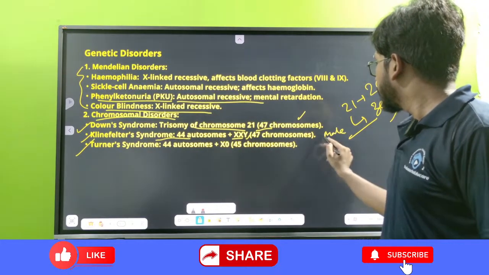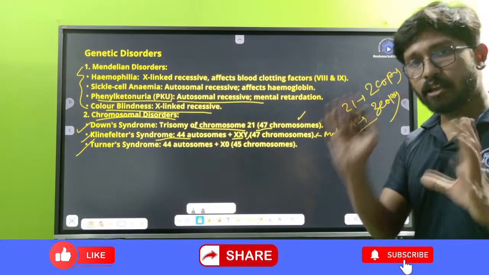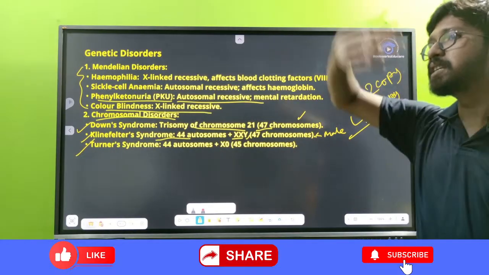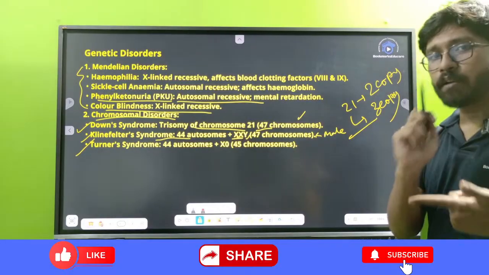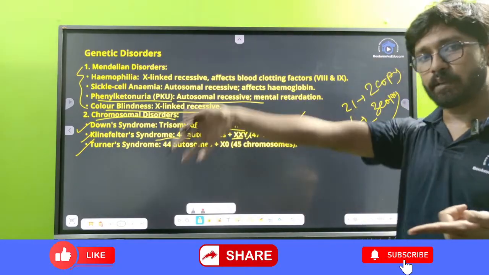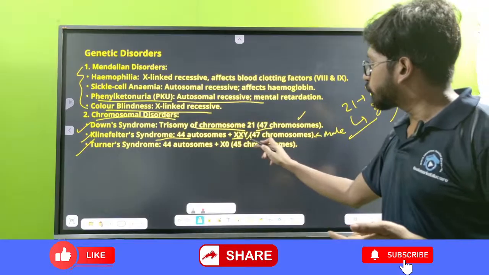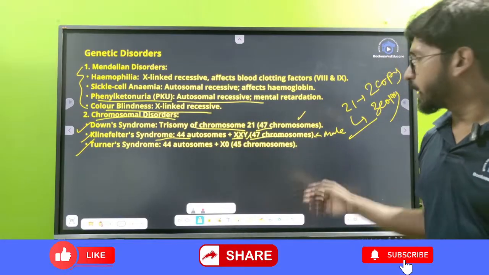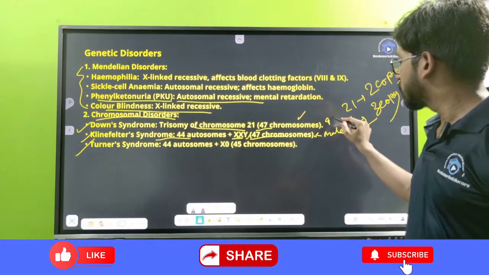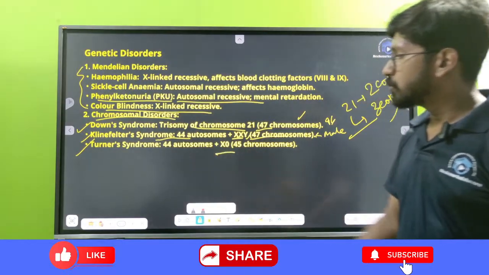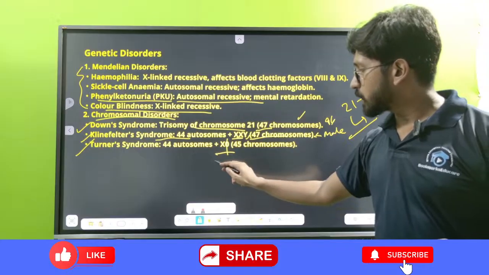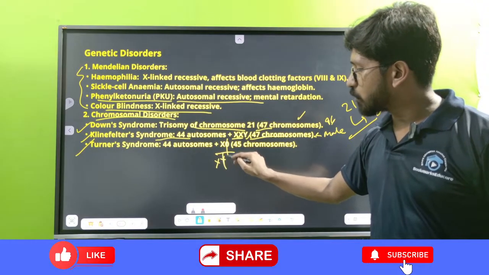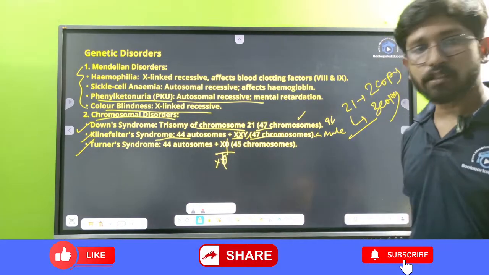As I said, if there is Y present in any scenario, there can be 100 X's before Y, but if 1 Y is present, it will definitely become male. तो 47 क्रोमोसोम हो गया मेल में, रहना था 46। या फिर टर्नर सिंड्रोम, उसमें एक एक्स क्रोमोसोम है ही नहीं, राइट, it was supposed to be XX, but एक क्रोमोसोम है ही नहीं, तो हो गया XO,